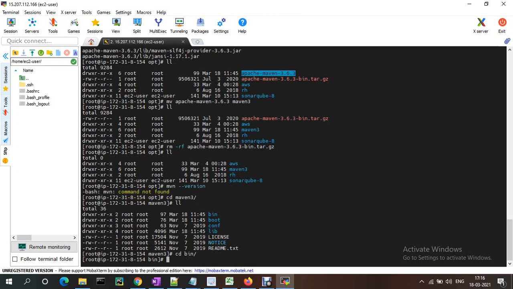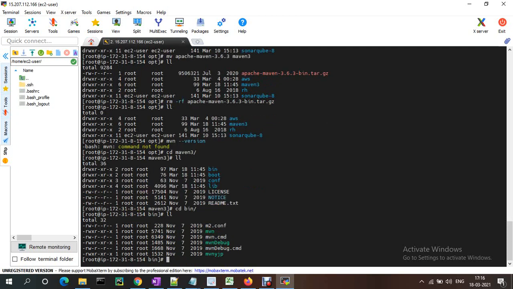Here the startup files will be available in Maven. So I'm updating the path by exporting the path, then only Maven will be available.